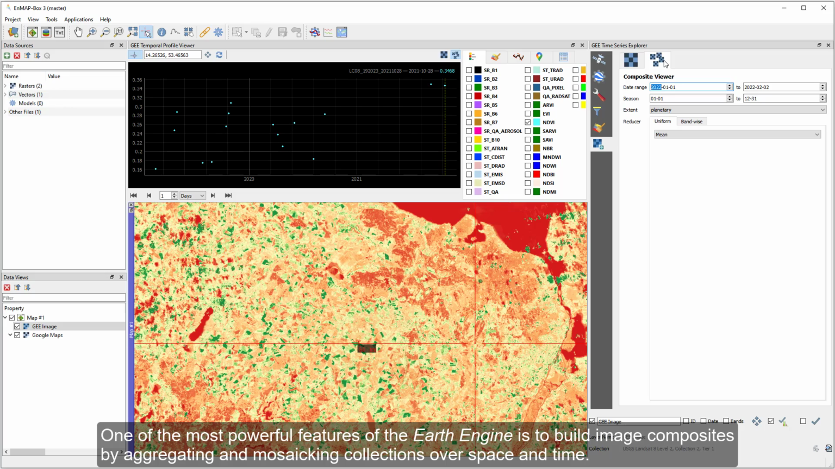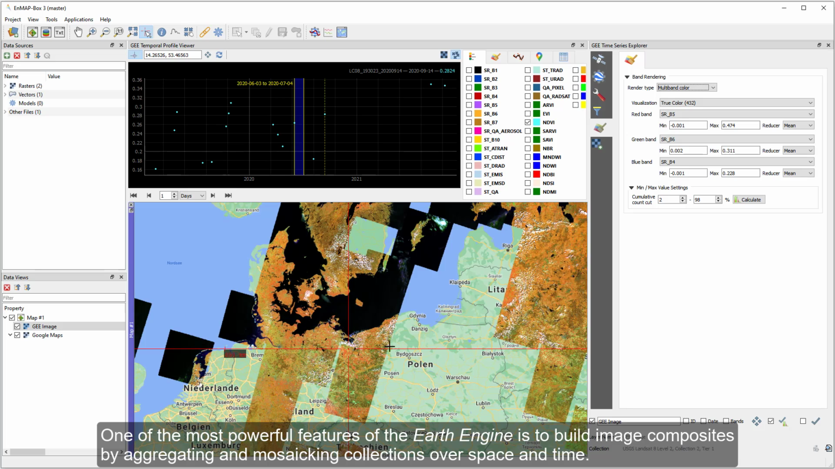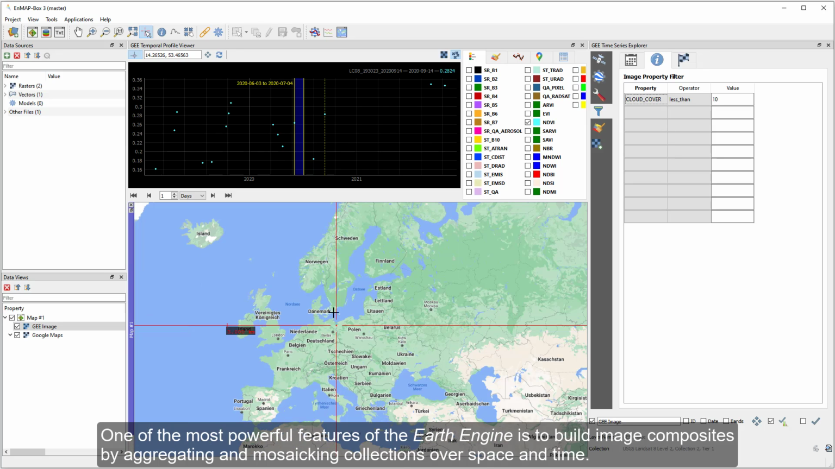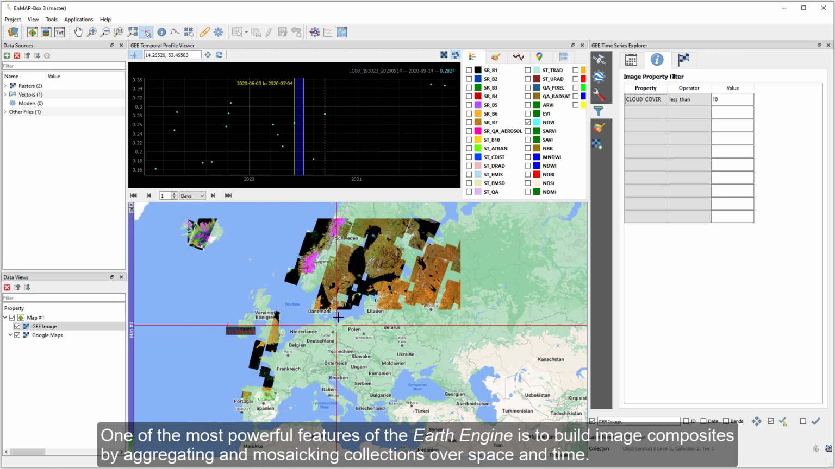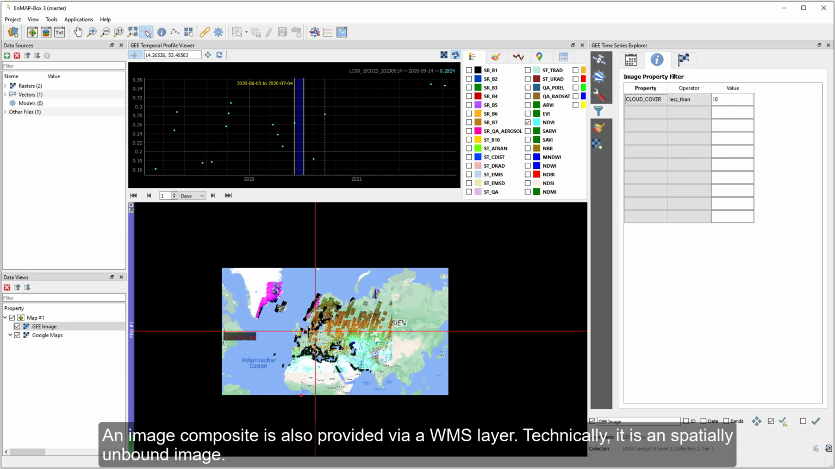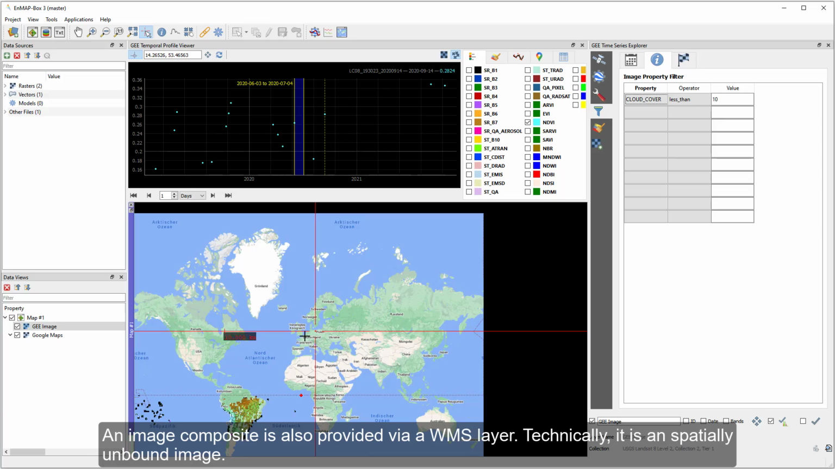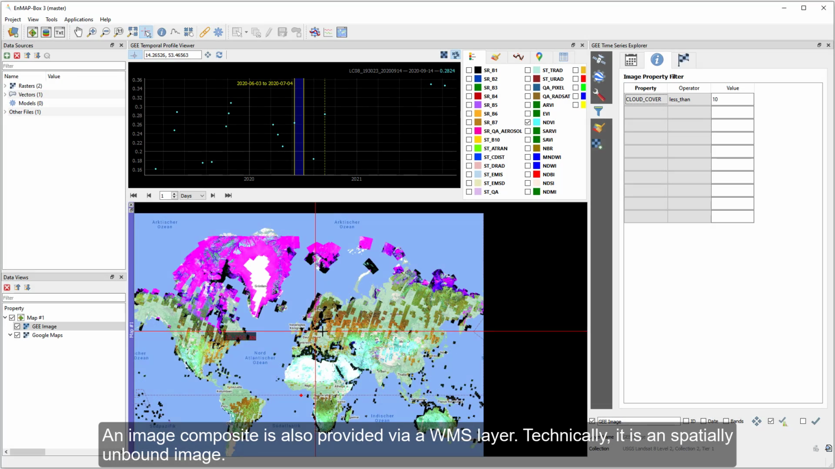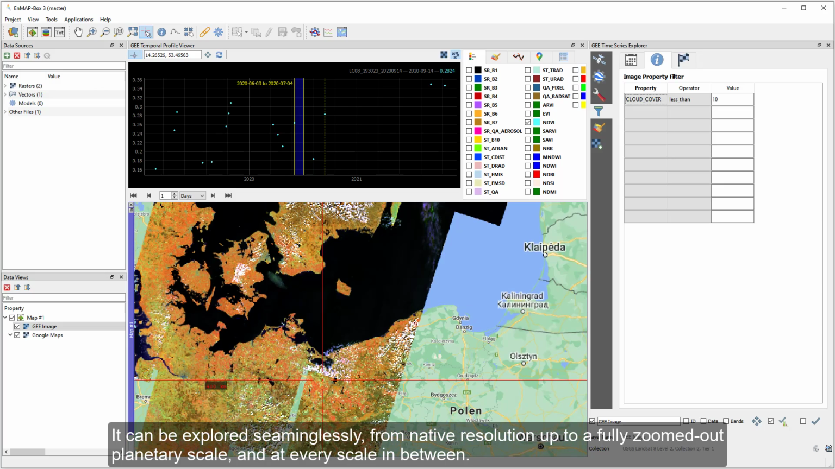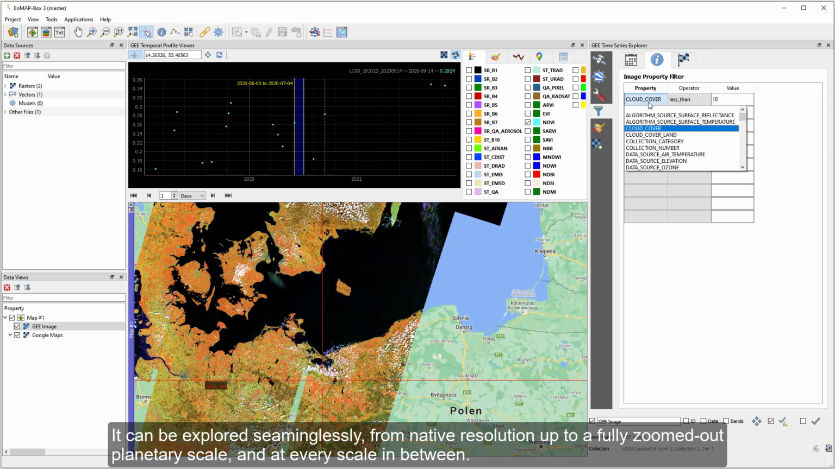One of the most powerful features in the Earth Engine is to build image composites by aggregating and mosaicing collections over space and time. An image composite is also provided via a WMS layer. Technically, it is a spatially unbound image. It can be explored seamlessly from native resolution up to fully zoomed out planetary scale, and at every scale in